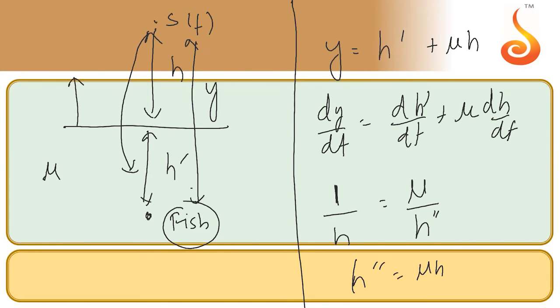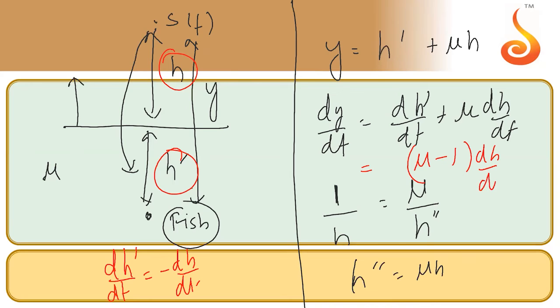We are almost at the end of the story. So do you agree with me that if h increases, h dash will decrease and the other way around? If h increases, then h dash should reduce and the other way around. So what will I substitute? dh dash/dt I will substitute as equal to minus dh/dt, because one's gain is other's loss. So what do I end up getting here? Mu out common, 1 out common into dh/dt. If you know this much, you are almost done, 90% of the question.